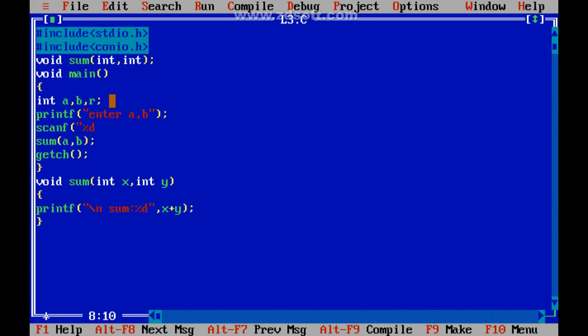Two values I have to read, %d and %d, both are integers, address of a comma address of b. So whatever values I pass to a and b, those are passed with the function call.